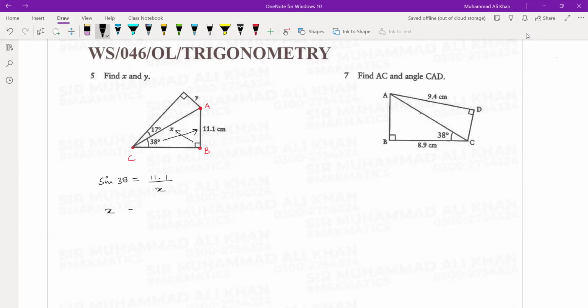So what is the value of X? By cross multiplication, 11.1 divided by sine 38. So what is the answer? 18.02. 18 is the result for X. After that, in the triangle ADC, we have to calculate the value of Y. The two lengths are given. X is 18, the hypotenuse is given, and we have to calculate the